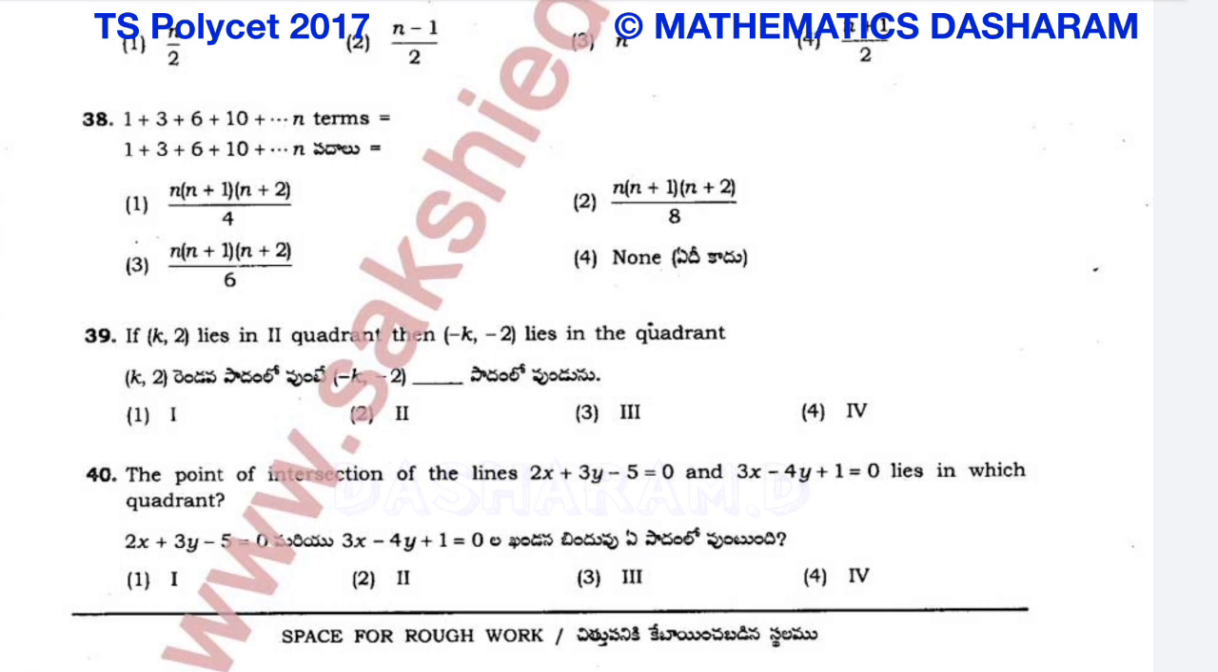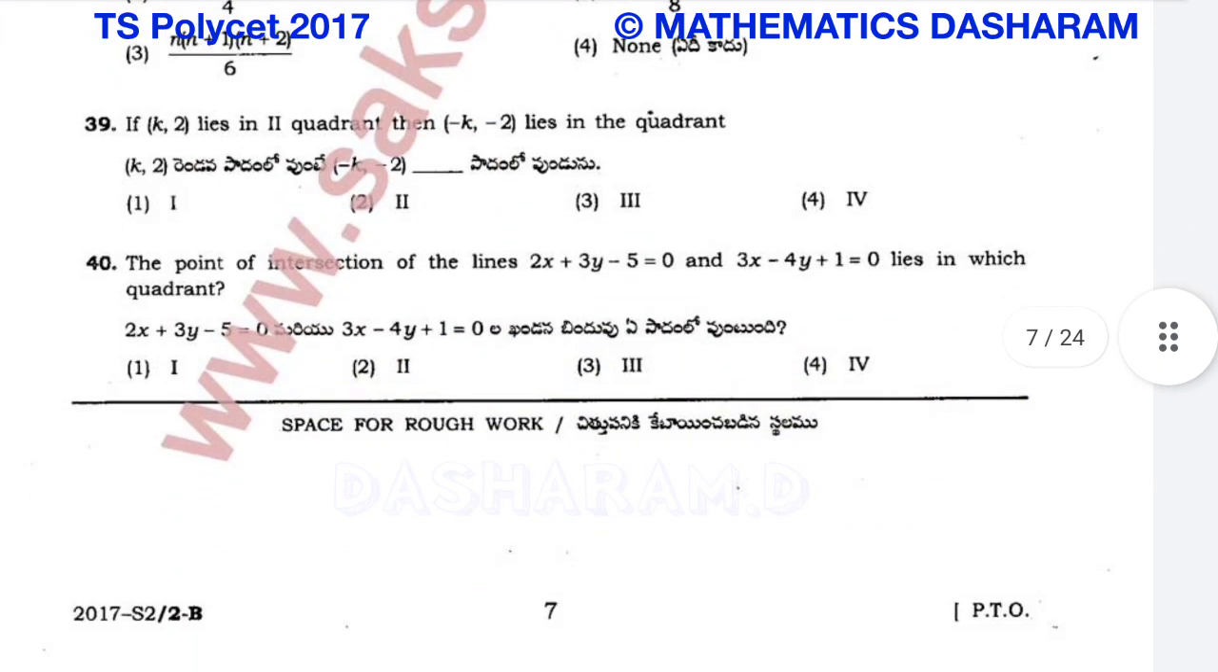So the sum of the n terms is n into n plus 1 into n plus 2 divided by 6. Option 3 is correct. So the next question, 39: k comma 2 lies in the second quadrant, then minus k